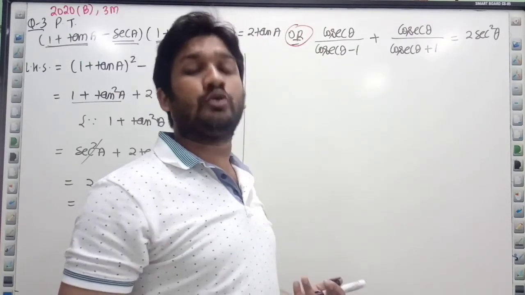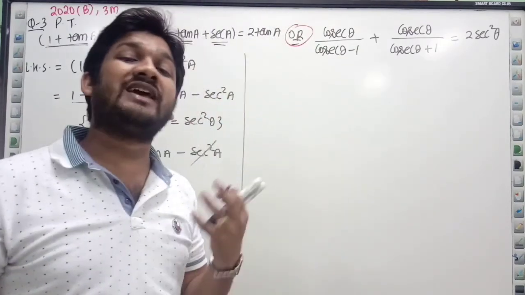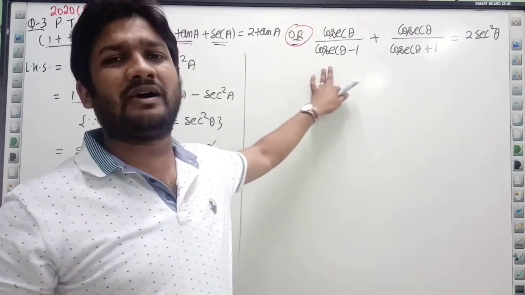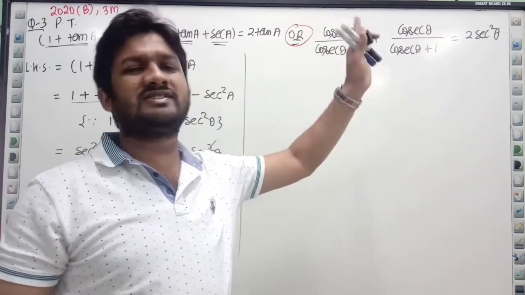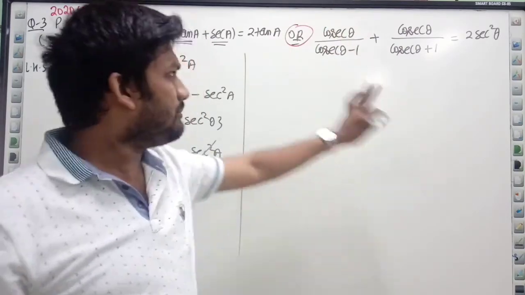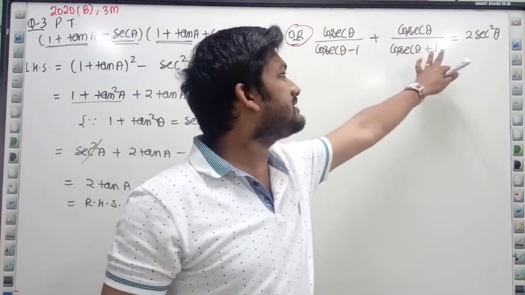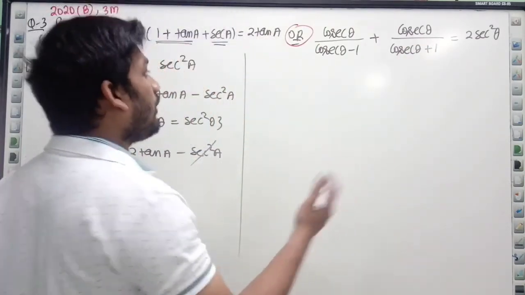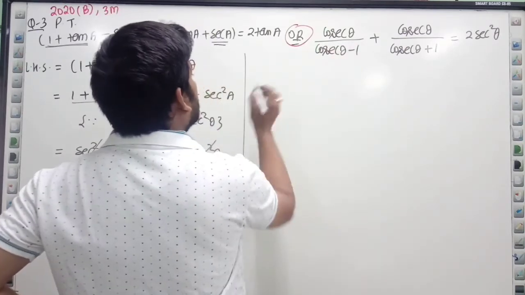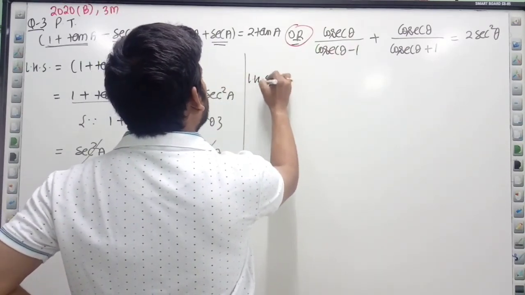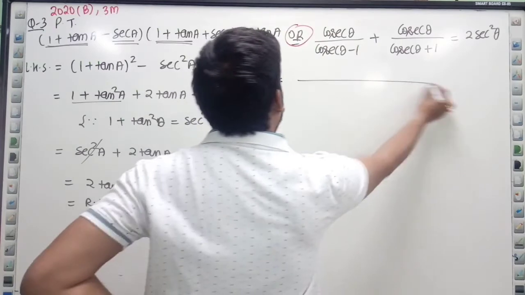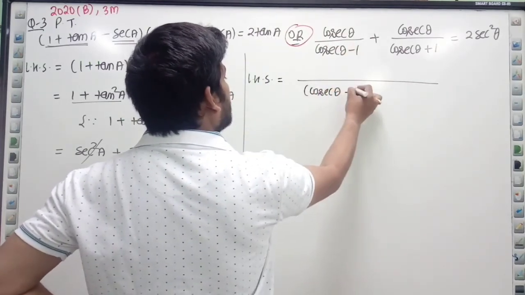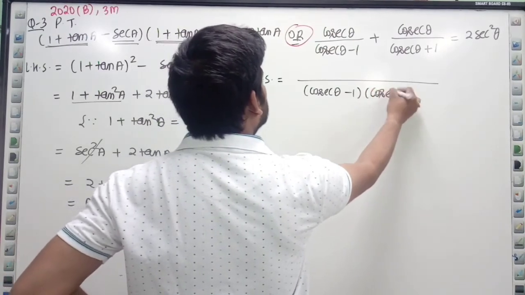Now what to do in the question? Sometimes we think, sir, should we convert into sin cos, or what else can we do. Look, it's a simple thing, in fractions generally we convert into sin and cos. But as you can see the denominator is (a plus b)(a minus b). So if I take LCM, I will be getting the identity. What I am doing here, I am taking LCM. It is easy. If you convert in sin and cos form, that is also possible. You can also take cosec common, right? N number of ways to solve the questions.